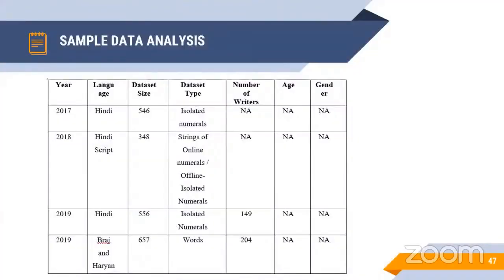I have collected the samples of data over here. In the year 2017, in the Hindi language, the total data size is 546, and the data set type